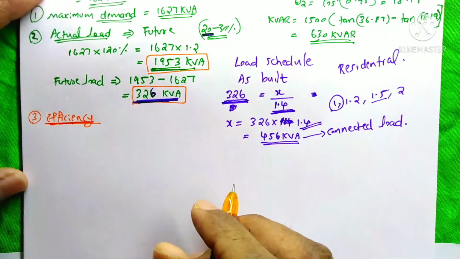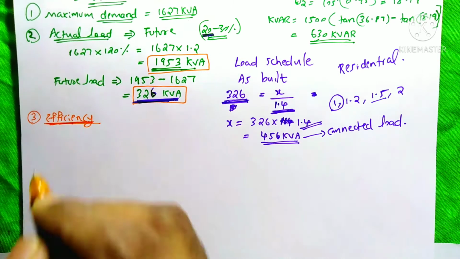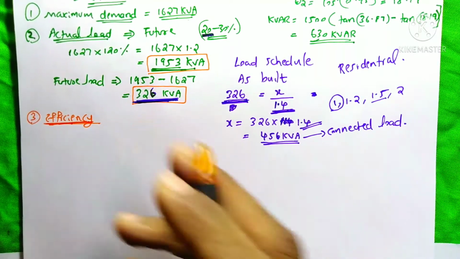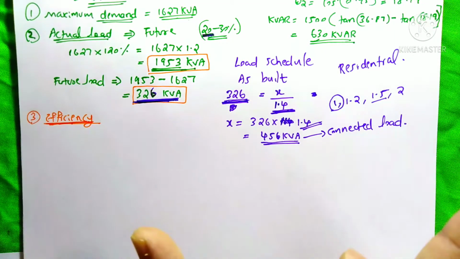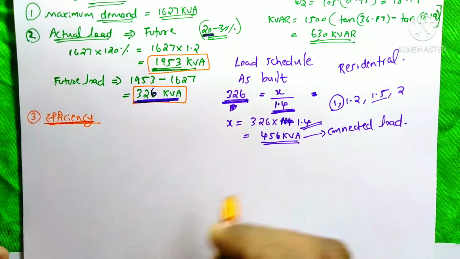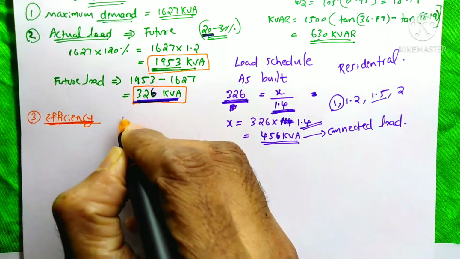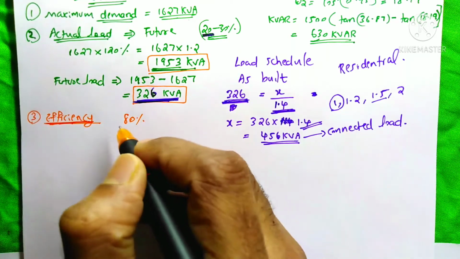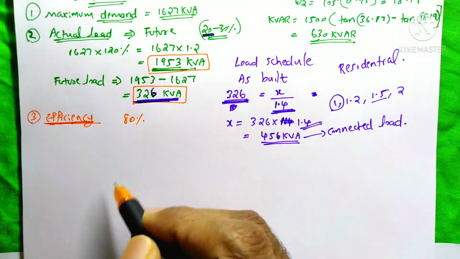Generally our transformer has an efficiency of 80, 85, 90, 95% like that. During the time of this calculation, we actually don't know how much it will be. But if you have good work experience, you will have an idea how much it will be. If not, then take the worst case of the efficiency, meaning 80%. It means whenever the efficiency decreases, the size of the transformer increases.